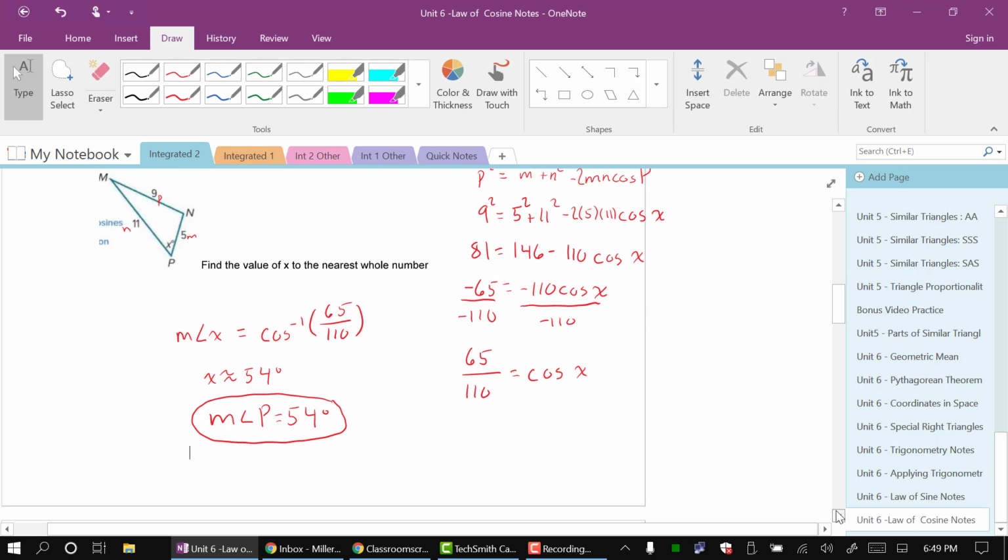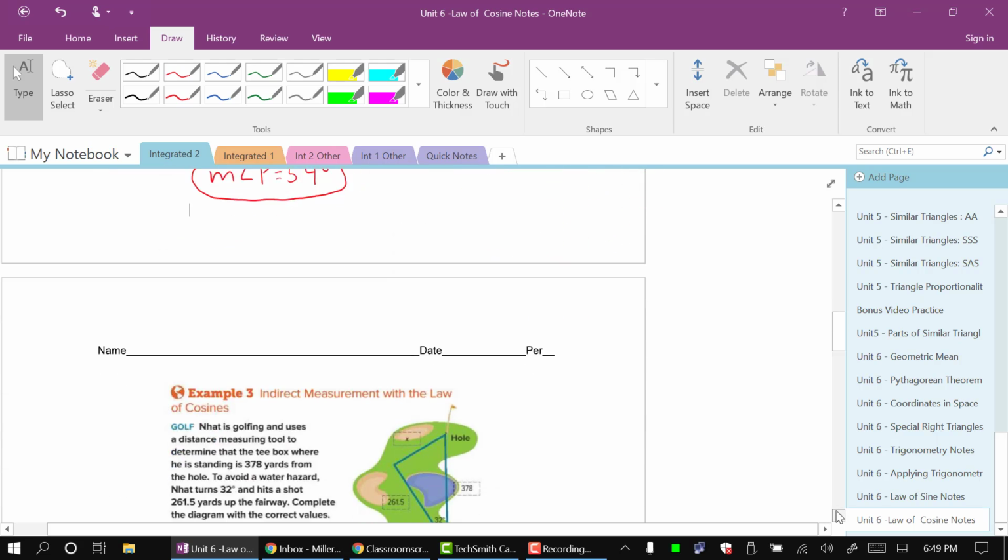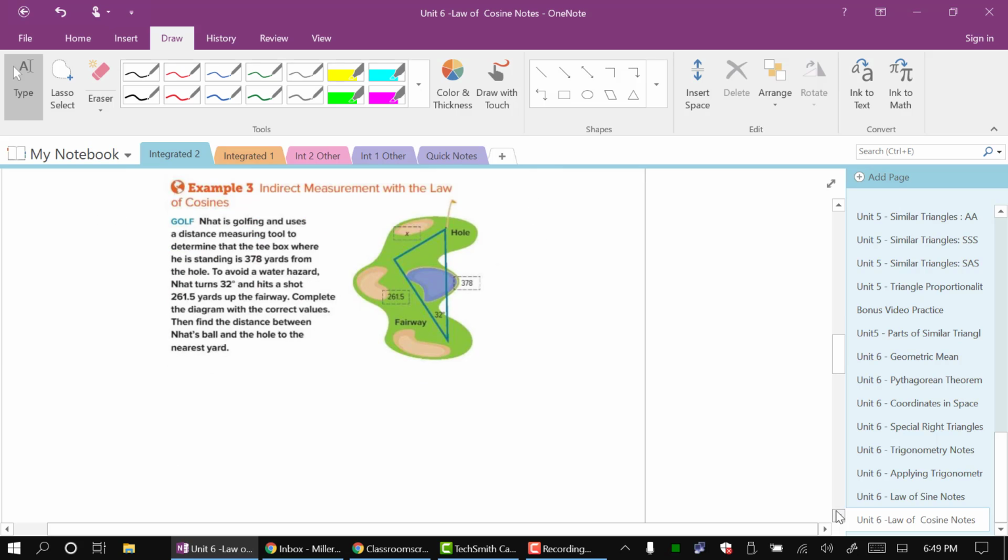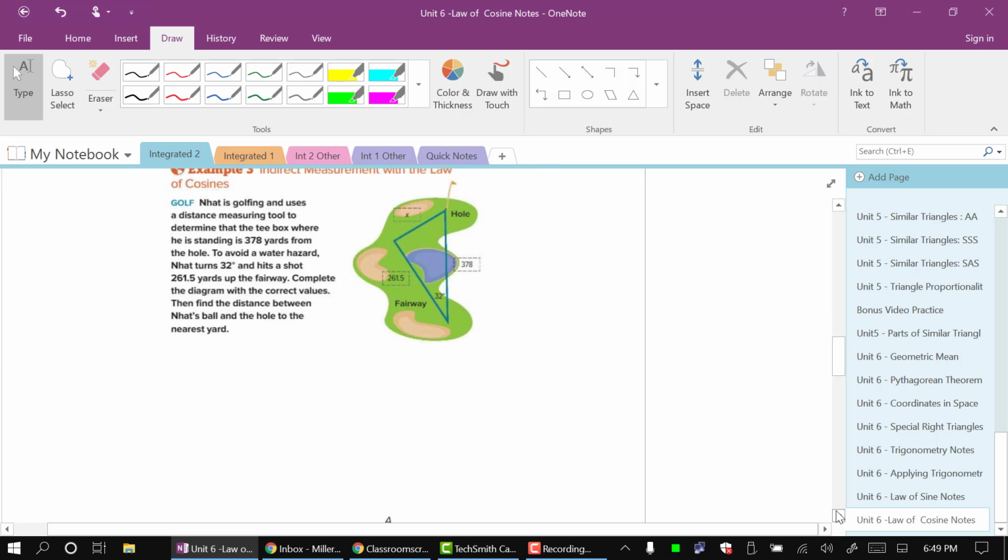Let's take a look at example 3. So we've got our golf course here. We want to find the distance on our golf course between the ball and the hole to the nearest yard. This right here is x, this is 261.5, this is 378. Opposite this angle is our x, so this gives me x squared equals, and we're going to square these and add them together,